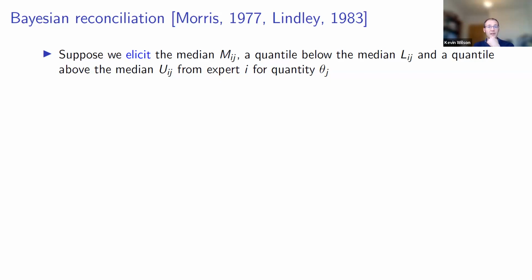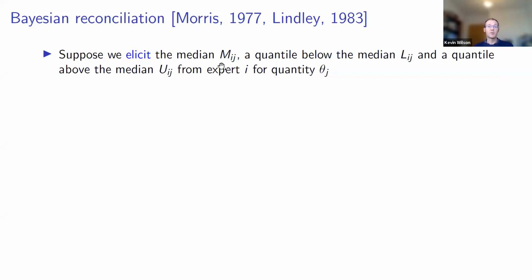So Bayesian reconciliation's been around for a long time. In fact, it's been around for longer than me. Both those dates are before I was born. But it hasn't been implemented very much in practice. So this is an attempt to put together a version of this which is easier to implement and which we can do relatively quickly and straightforwardly, for example, at the end of a probabilistic Delphi method.